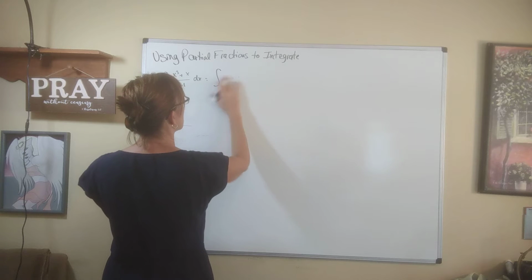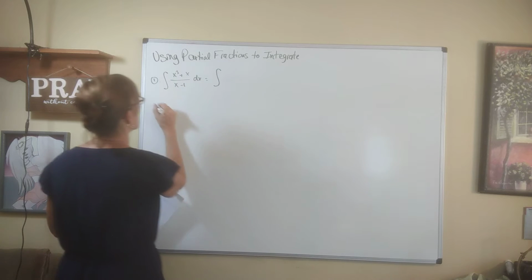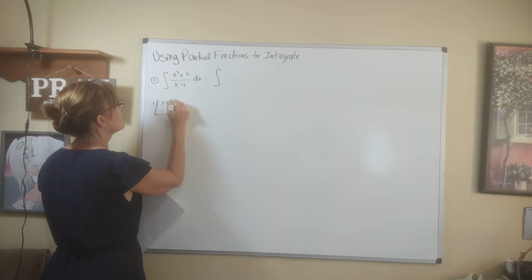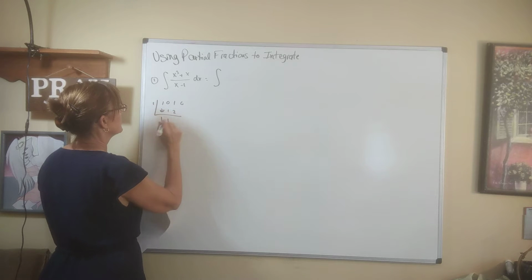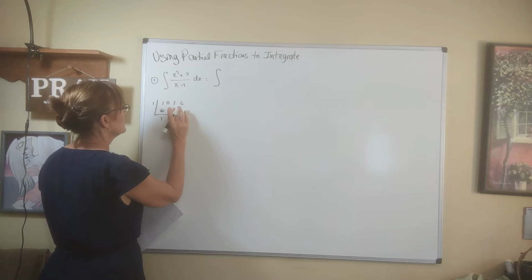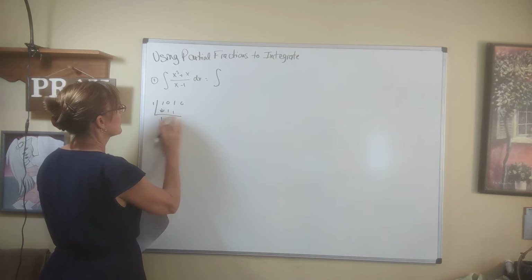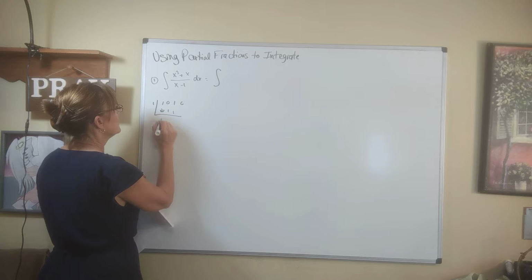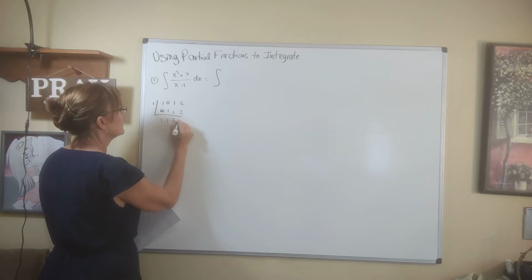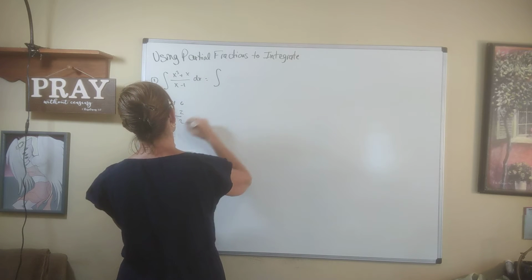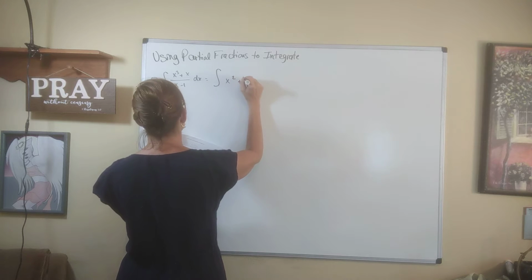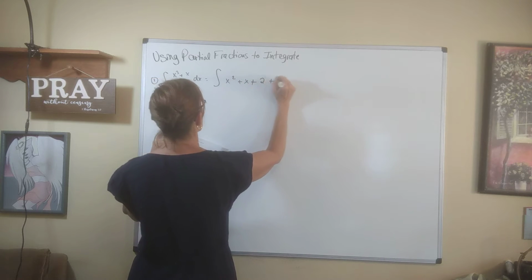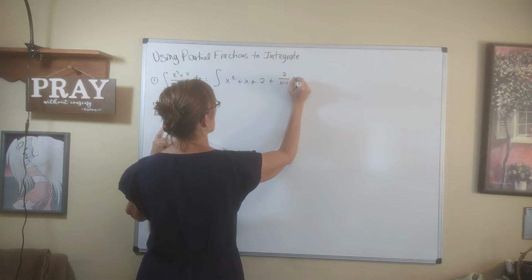Oh wait, I think I divided it wrong the first time I did it. So what did I just do? Let me do it again. 1, 1, 0, 1, 0. 1, 1, 1. Getting too nervous. 1, 1, 1, 1, 2, 2. Okay. So this ended up being x squared plus x plus 2 plus 2 over x minus 1